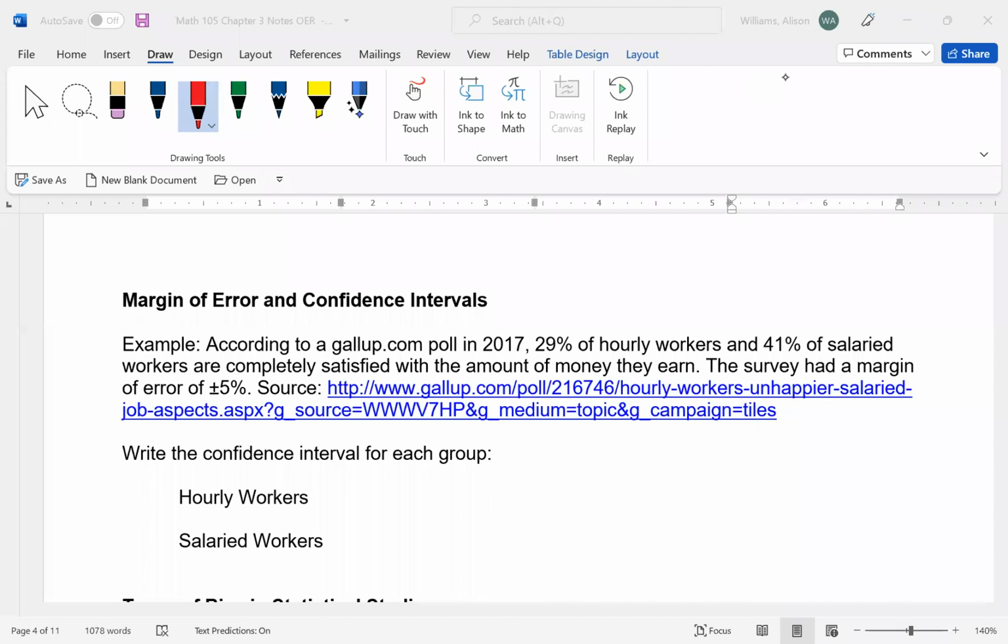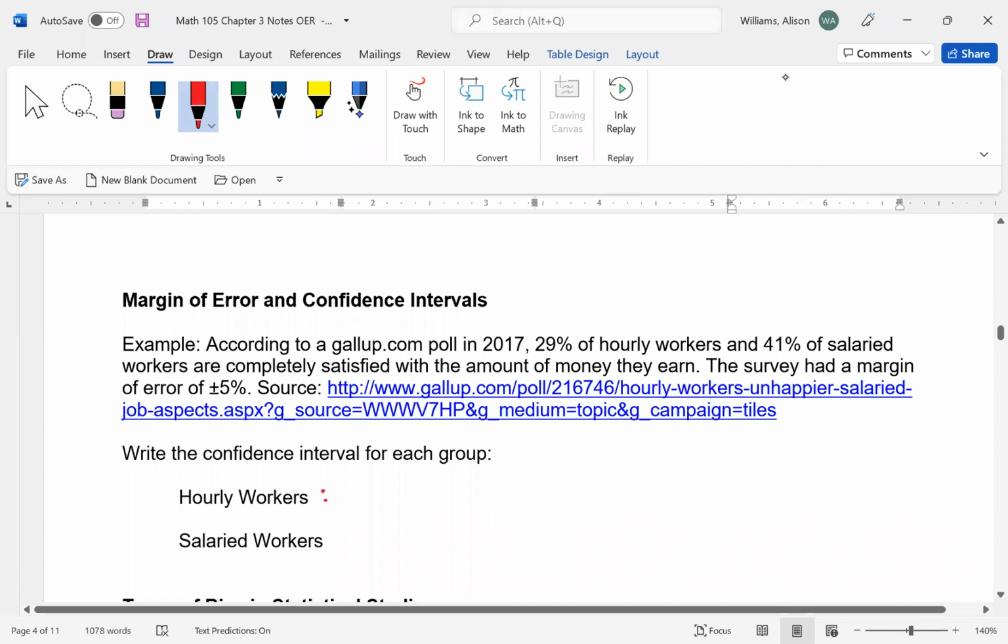Okay, so let's talk about confidence intervals and this idea of margin of error. Just a brief discussion about this. We're not going to get too heavily into this. So let's say we have a poll and 29% of hourly workers and 41% of salary workers say they're completely satisfied with the amount of money they earn, and that there is an error of 5% assigned to this, which means, and this is where the confidence interval comes from, that in general, the hourly workers, since 29% are satisfied,